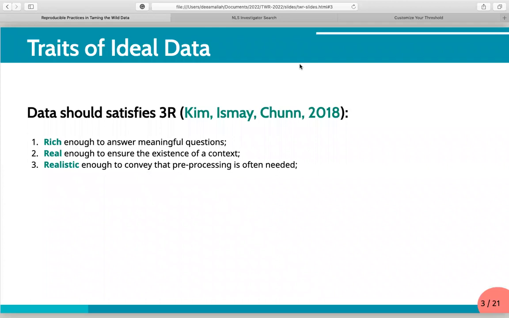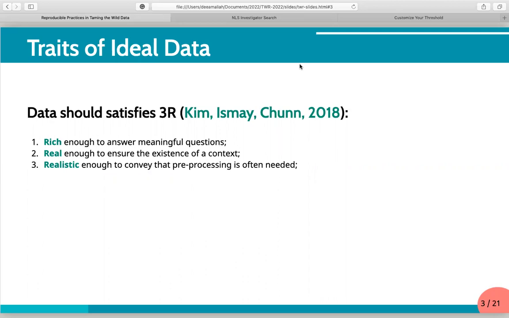So for teaching and learning in introductory statistics and data science courses, Kim, in 2018, proposed the 3R of the ideal data, which are rich, real, and realistic. Rich meaning that the data is meaningful enough to answer the questions.